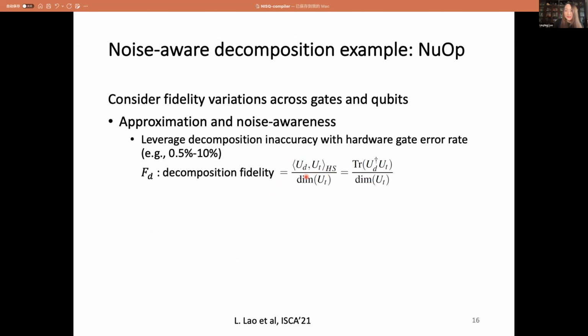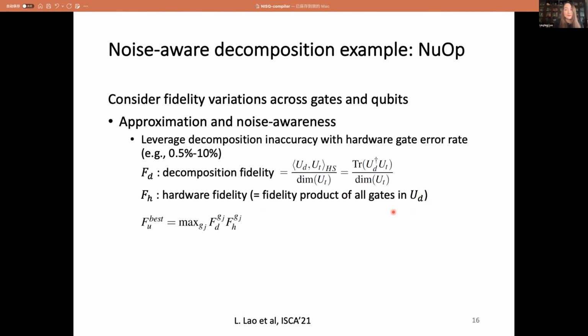And this is the decomposition fidelity. And we also define a hardware fidelity, which is the product of the fidelities of all the gates in our decomposed version. And then we finally define the implementation fidelity of our target unitary, which is the product of the decomposition fidelity and the hardware fidelity.